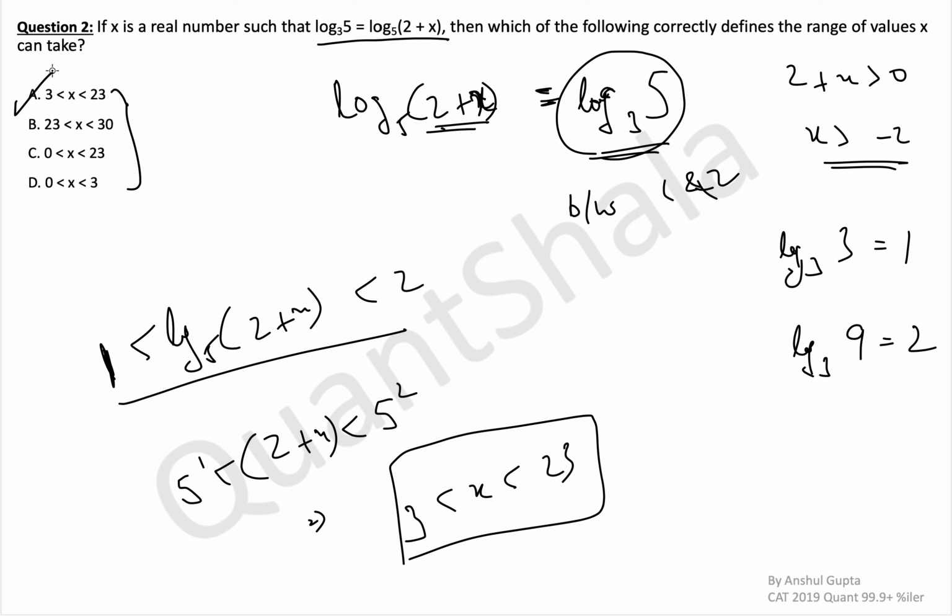So always you can get answers like this, but always take care of the domain in such questions, okay? Because in some questions, by the domain you might get something like x is not equal to 4. This is just an example, not related to the question. Then you will have to take care that x is between 3 and 23 but not equal to 4. We will see such a question in the later stages.